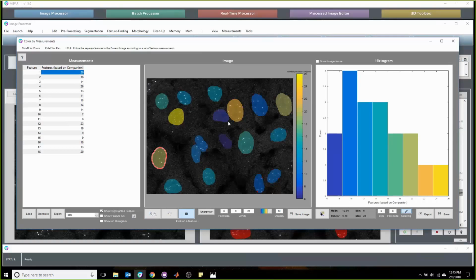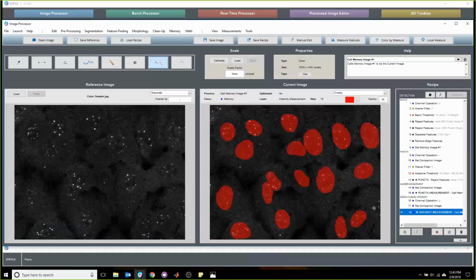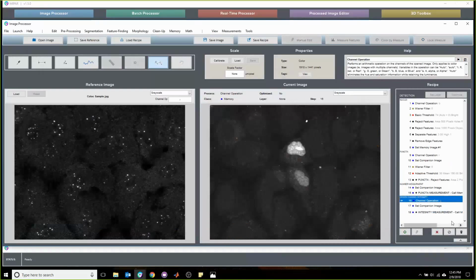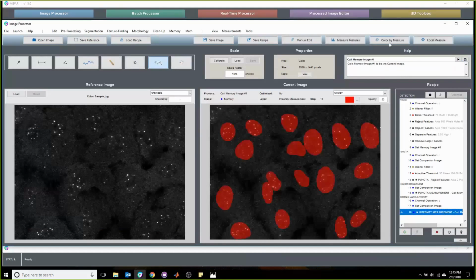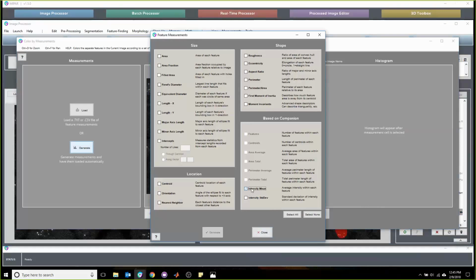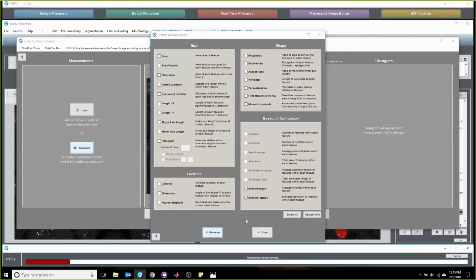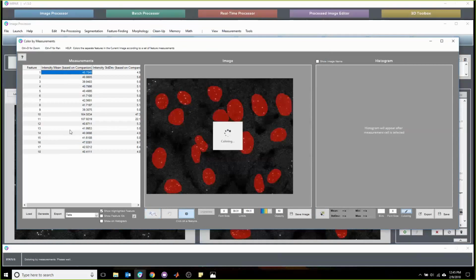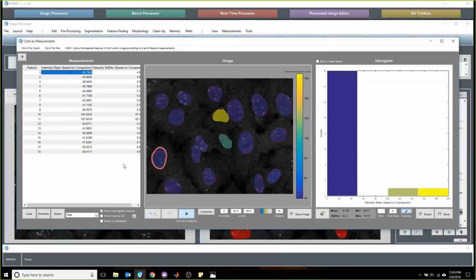So from this data, what I want you to note is that features number 7 and 6 have significantly less puncta per nucleus when compared to everything else. The next that was of interest was the grayscale intensity of the green channel. I'm going to do the same thing, color by measure, generate, look at the intensity mean and standard deviation, color this based on the measurement, and as we can see,